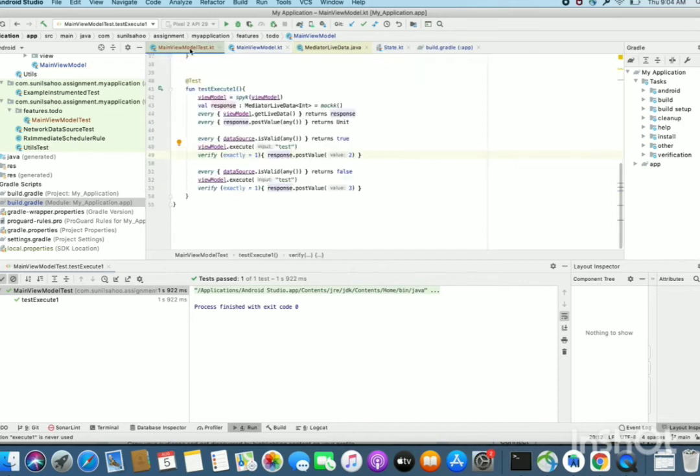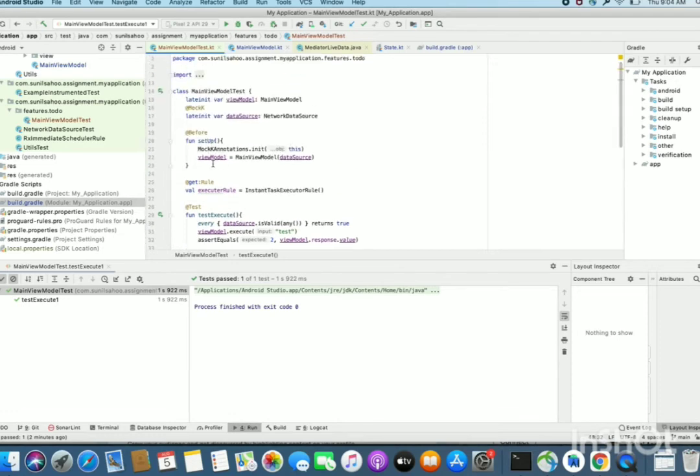So in the execute one method, I have written that get live data returns response. This is the one key change that I made, and we need to call the execute one method, which now we are verifying. In this case we are trying to get rid of this instant task executor rule.